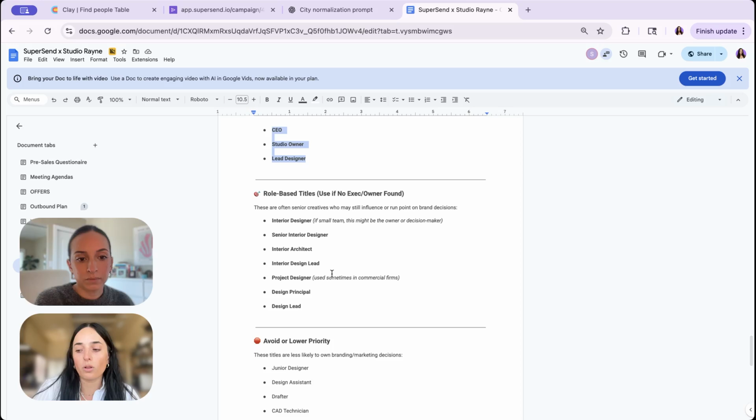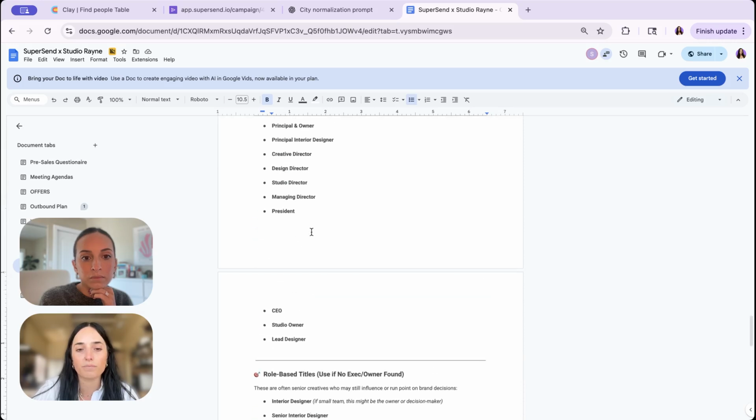For example, your specific packages you're offering, maybe the interior designer or the design principal or design lead, maybe these are people we would want to reach out to. That's a second campaign that we could run, and we could adjust the wording to make it more applicable to them. But I didn't include any of these.